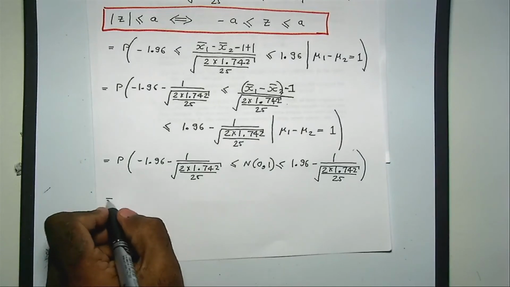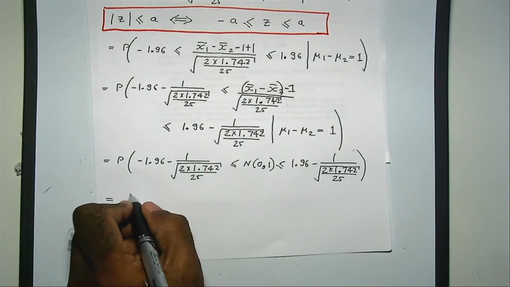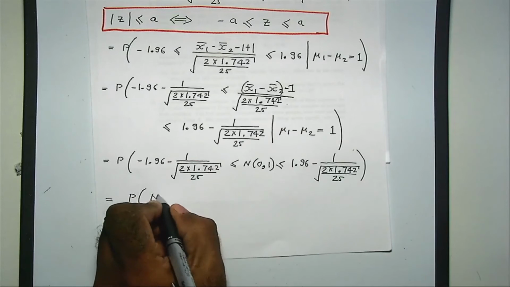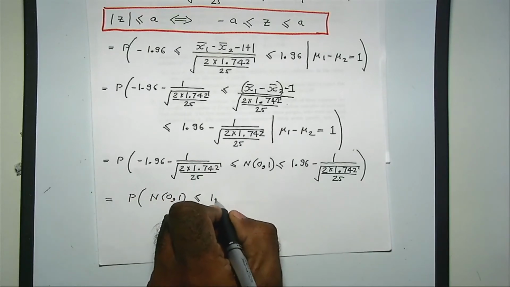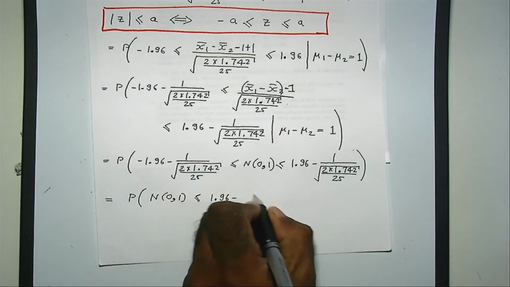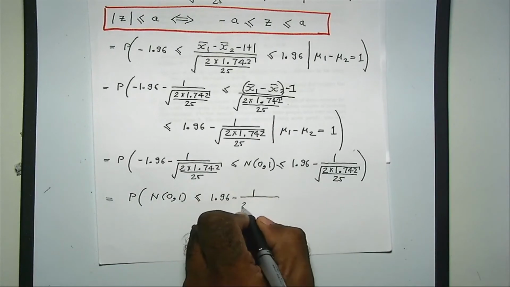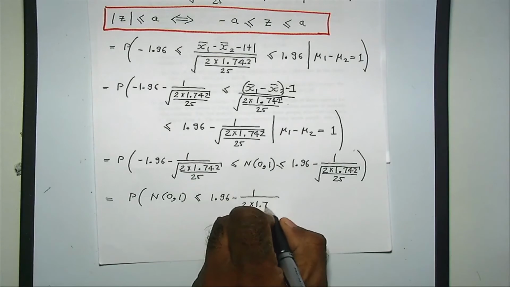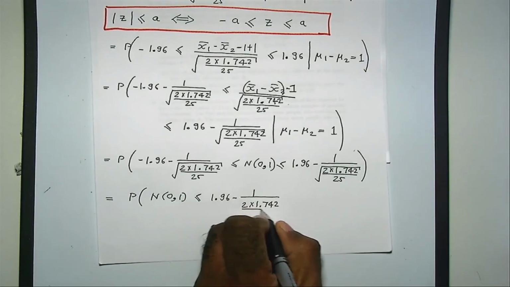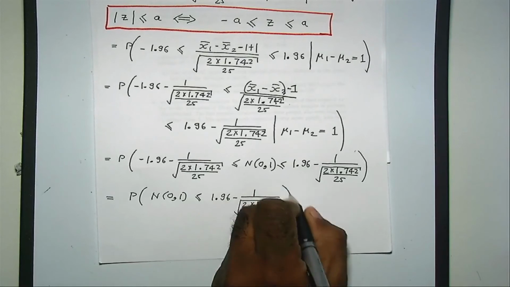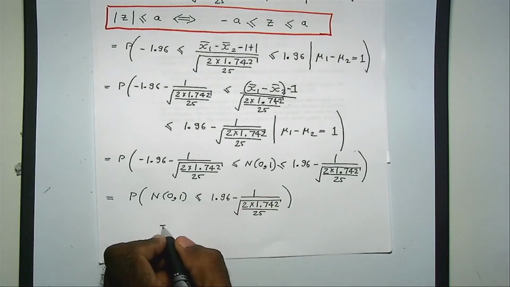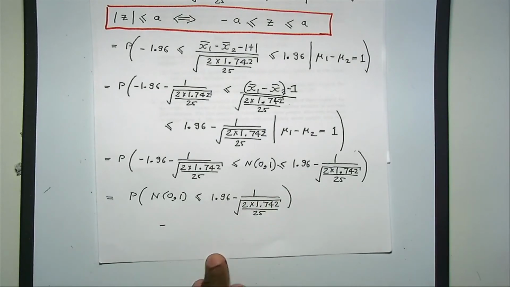Now we can write this as the difference of the following probabilities. Write this now minus the probability that